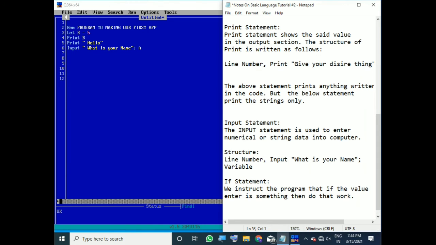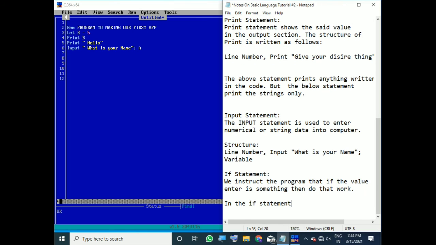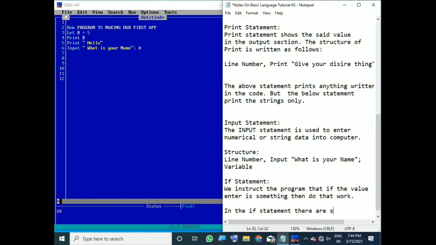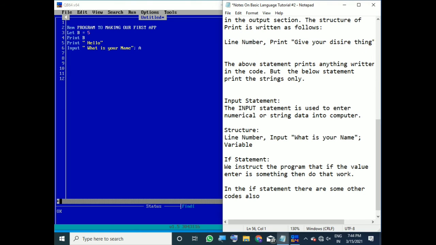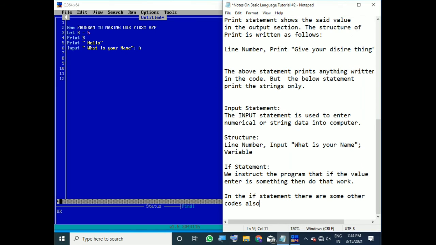So in the if statement, there are some other codes also. So what are the codes? If this equals this, if suppose I write if number. Let's write the structure codes also.